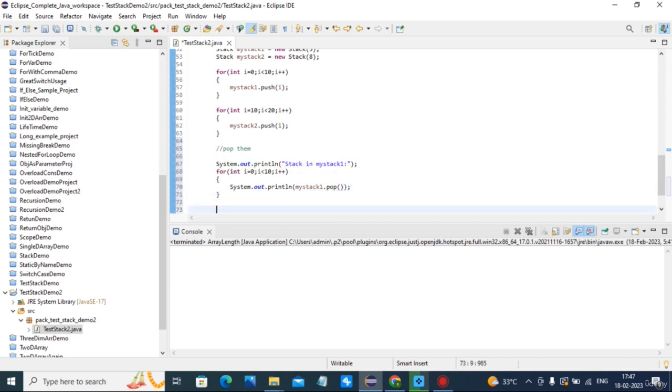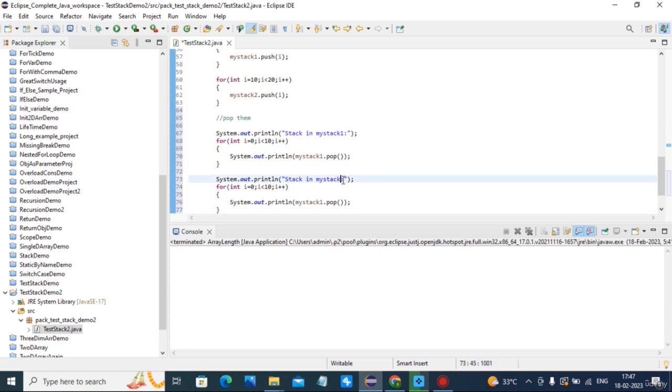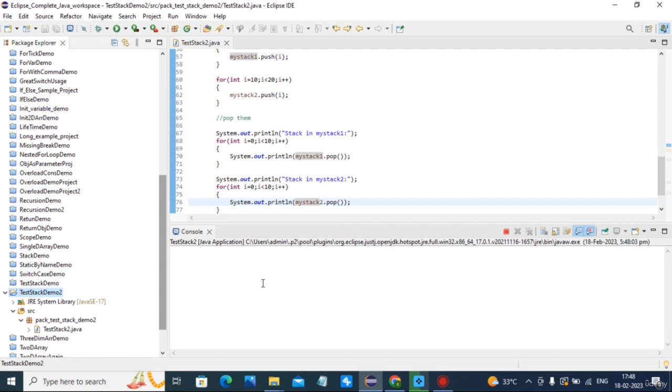Same way my stack 2 dot pop. All else things are same, only the difference is we are using length.